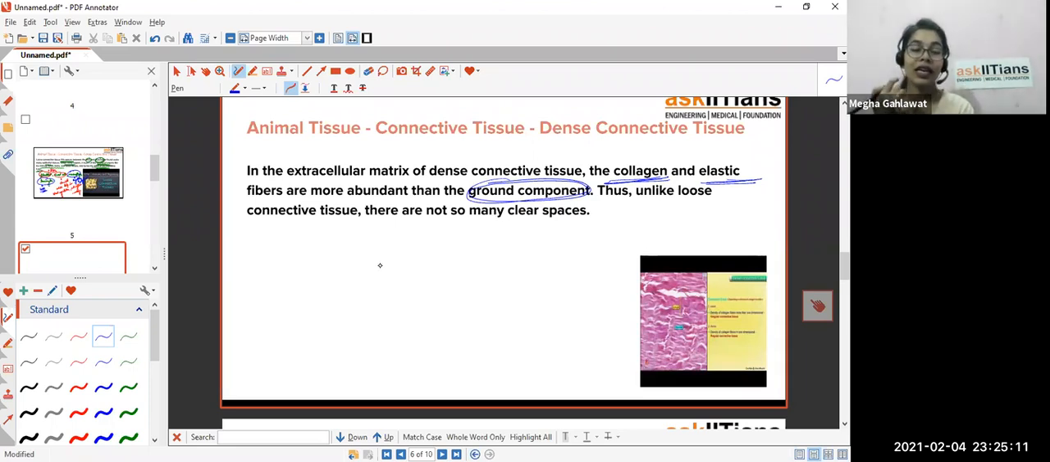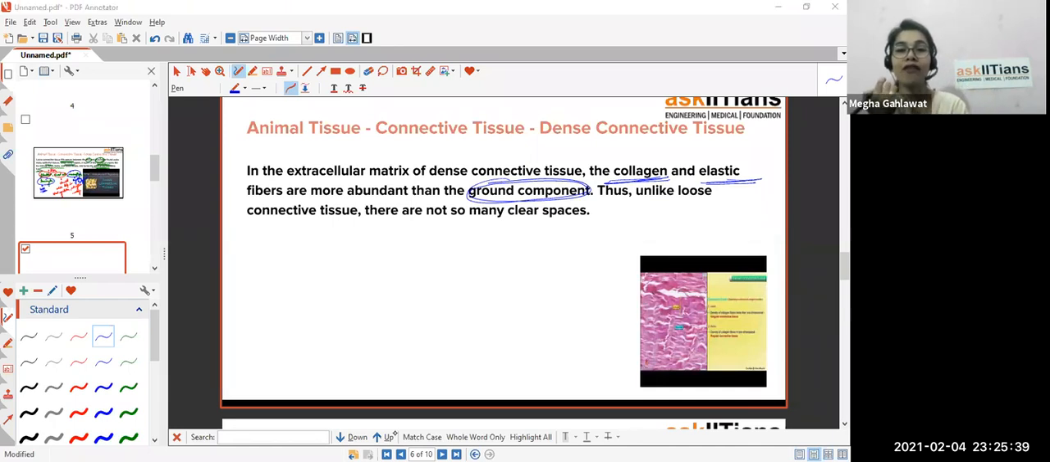Also, in the loose connective tissue, as the name suggests, they're present loosely all around underneath the skin. Okay. And if they're present loosely, that means they're going to have a lot of intercellular spaces. Whereas the dense connective tissue, they do not have any kind of intercellular spaces. Rather, they're packed very, very densely. Okay. So they do not have any kind of space in between them. That being said,